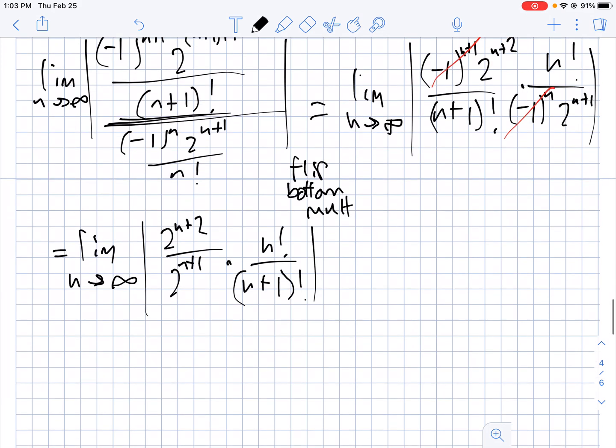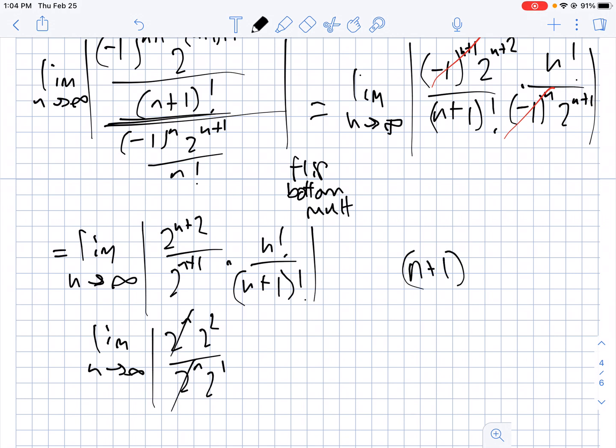Okay, so the cool kids notice, of course, that we can simplify the first part here, but we can also simplify the second one. So this is 2 to the n times 2 squared over 2 to the n times 2 to the 1. Those will cancel. The trick I want to remind you, we did in class a little while ago, n plus 1 factorial, just go down by 1. So that's the same as n plus 1 times n factorial. If you needed to do like n plus 3 factorial, that's the same as n plus 3 times